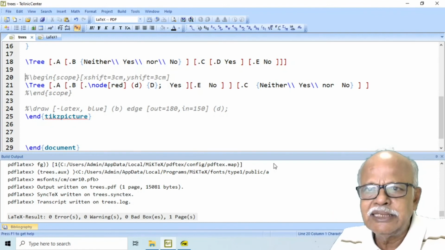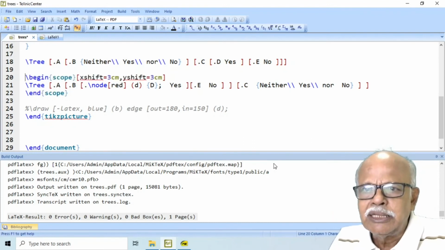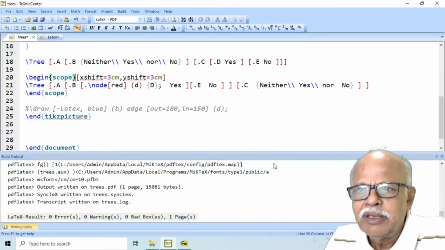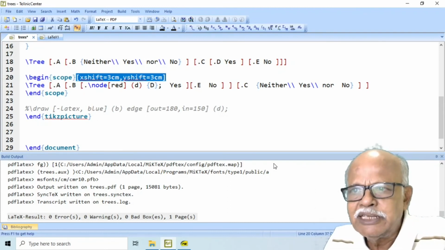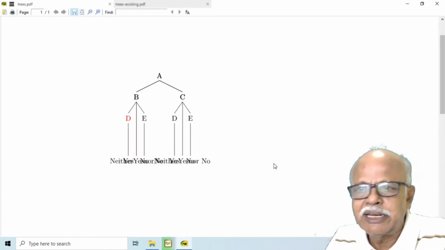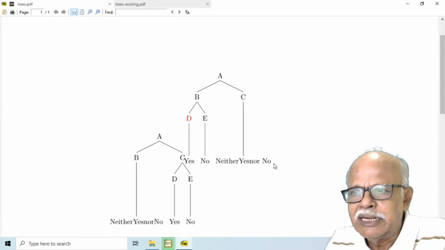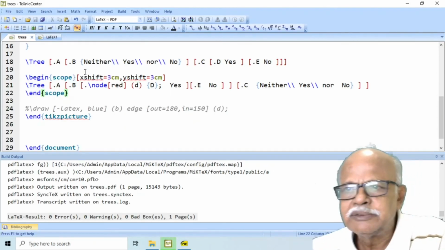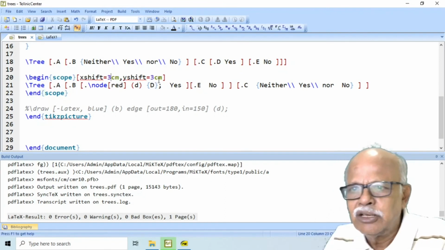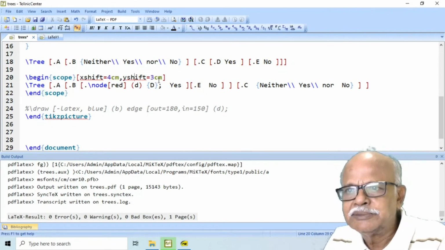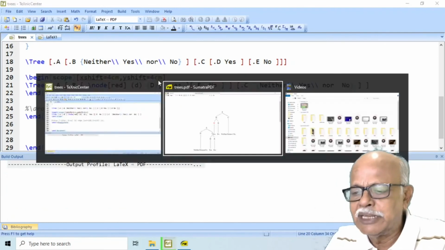In that case, use the scope environment. X shift 3 cm, Y shift 3 cm. Then the trees will be shifted like this. Change your values suitably. Let us say this is 4 cm. This is also 4 cm.